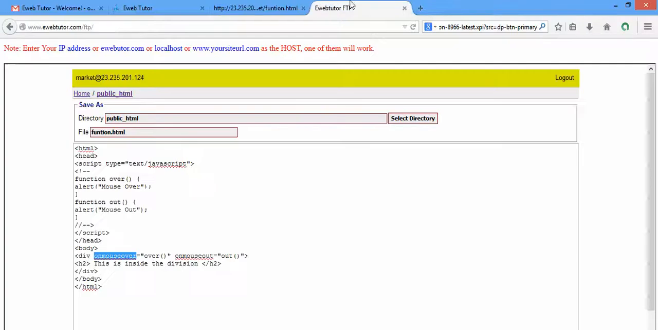Why? Because I only said that when I mouse over, that is, when my mouse is over this text inside the division, then I want it to open the event on mouse over. And that event on mouse over, what will it do? It will open the function over. And what is function over? You will see mouse over. There will be an alert mouse over. But immediately I bring my mouse inside the text, this text inside the division, that is why I'm able to open alert mouse over. But when I take my mouse outside this text inside the division